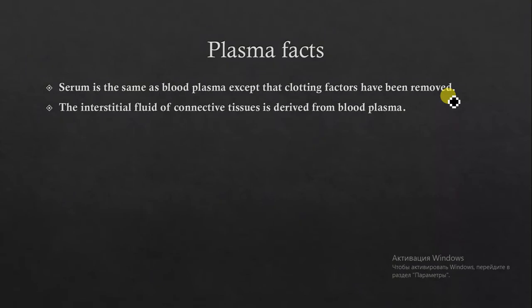In serum, clotting factors do not exist. And the interstitial fluid of connective tissues is derived from blood plasma. So you might have heard that inside our tissues we have interstitial liquid, interstitial fluid. This fluid is totally derived from blood plasma, and they are always in interaction, and plasma is always exchanged